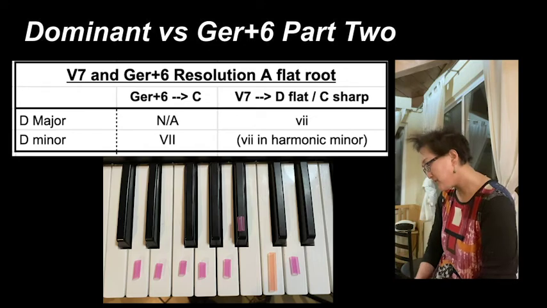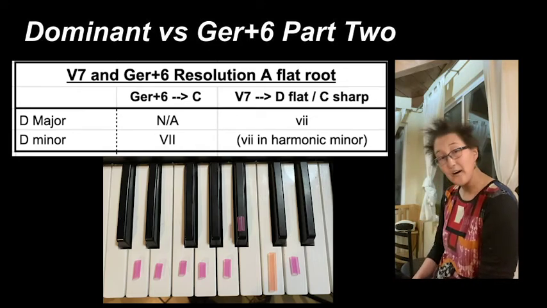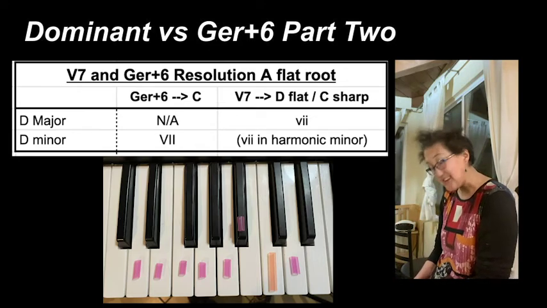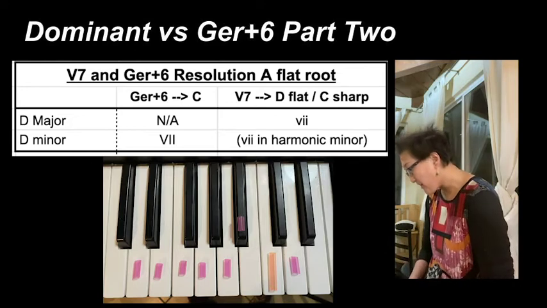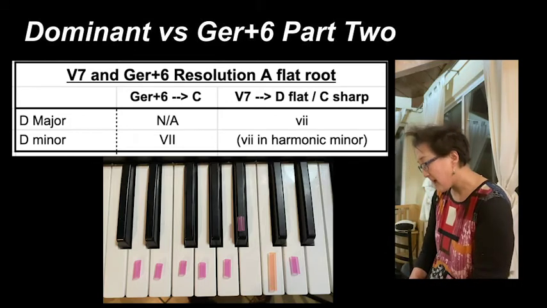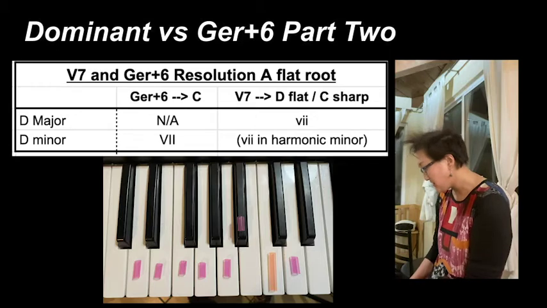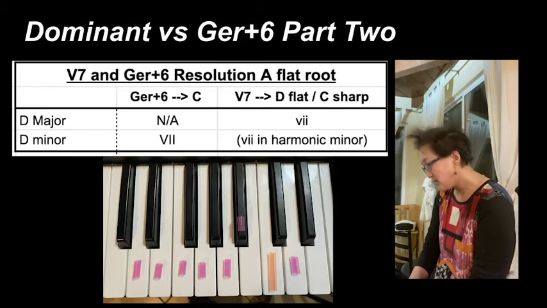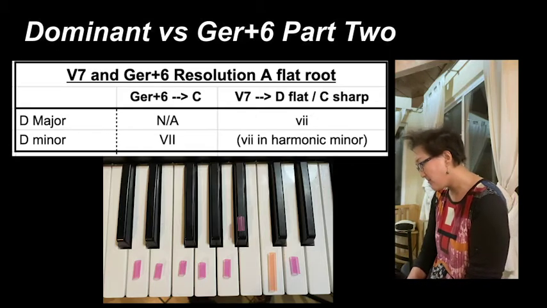D minor. We have the 7, the C. Therefore, we've got the German of 7, and that would be diatonically major. So let's see here. We'll have